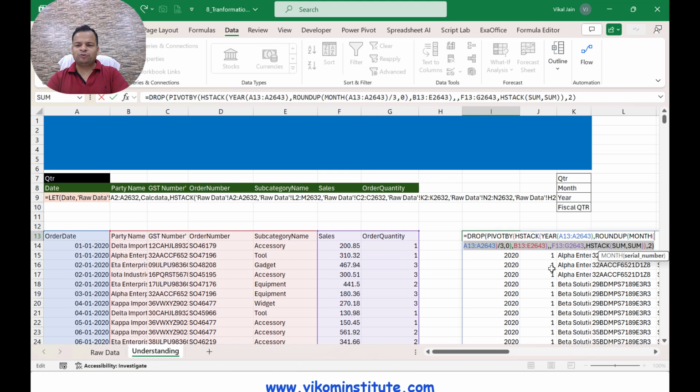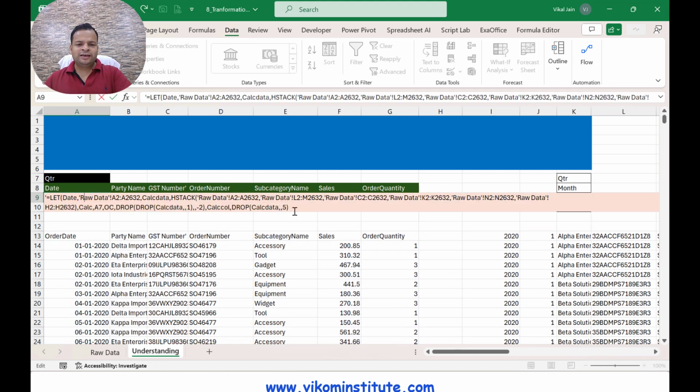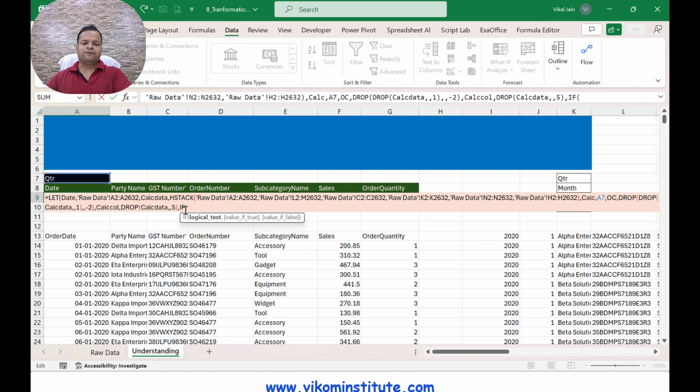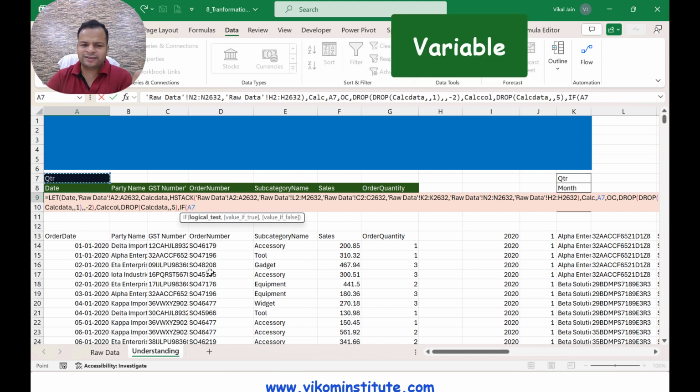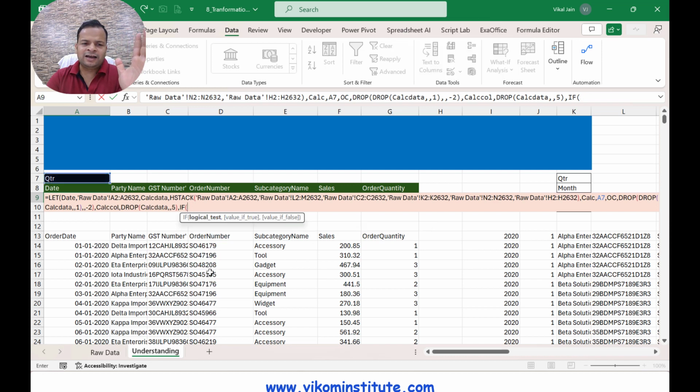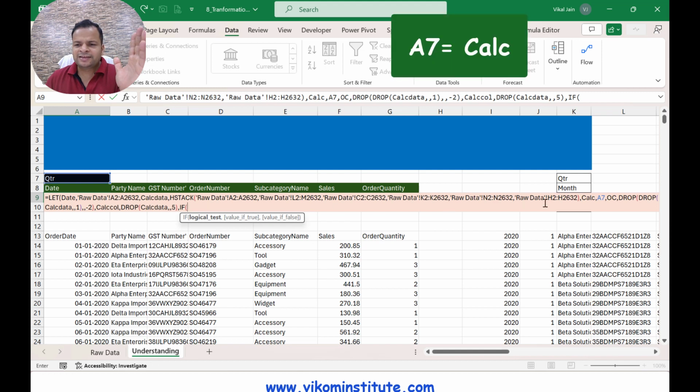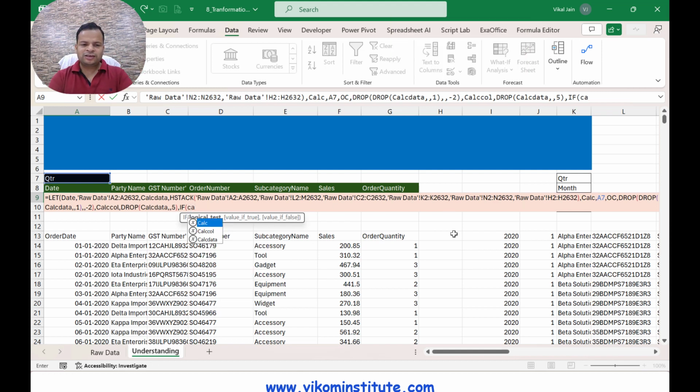Now I'm going to cheat over here. I'm going to copy the formula here. Now if you will see, what I will do, I am removing the single quote here, and I'm going to use the IF function now. IF, for the first one we need quarter, if this is a quarter, so here I am referring A7. Now I will not refer to any cell, I will simply give the variable name A7. What is it? A7 is nothing, just a calculation.